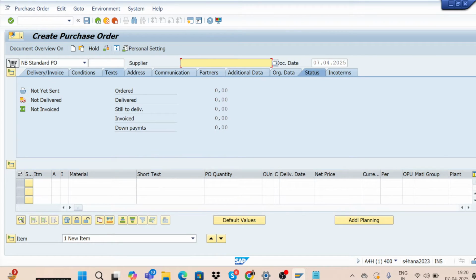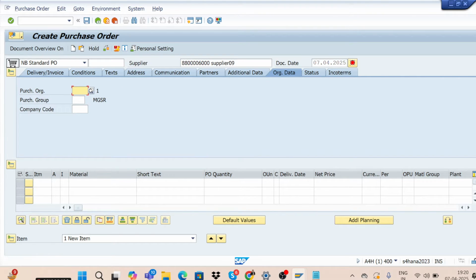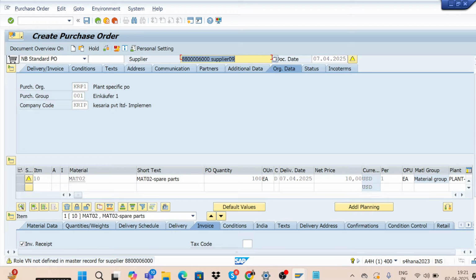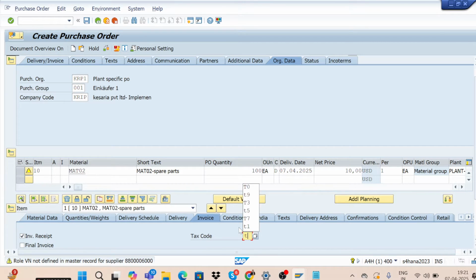Let me give my supplier number, org data, material number, quantity, net price, currency, plant, and a tax code T0. I'm taking 0% tax. You also take 0% tax.